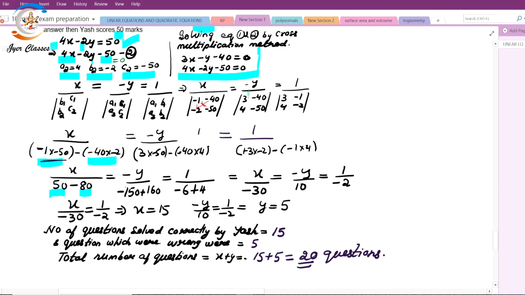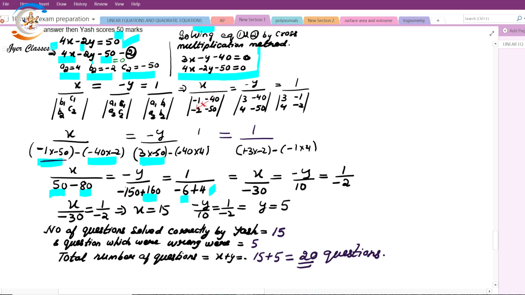y में आइएगा, आपने देखा क्या है कि यहाँ पर y के नीचे 3 4 -40 -50, ओके, आपने मल्टीप्लाई किया 3 इंटू -50 लिख लिया, यहाँ पर ब्रैकेट के अंदर माइनस लिखा, -40 इंटू 4, राइट, ब्रैकेट क्लोज किया, सॉल्व कीजिएगा, 3 इंटू -50 -150 एंड -40 एंड मल्टीप्लाइड बाय 4, यू विल बी गेटिंग -160, लेकिन बाहर तो माइनस है तो यहाँ पर +160 हो जाएगा, सो 1 डिवाइडेड बाय, यू विल बी गेटिंग 3 इंटू -2 दैट इज -6 एंड -1 इंटू 4,